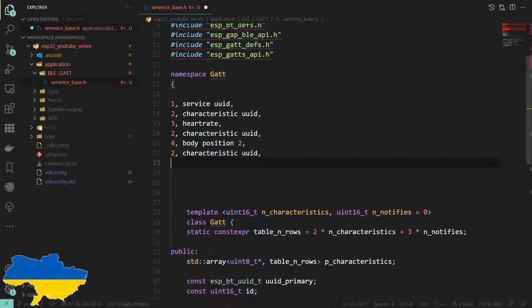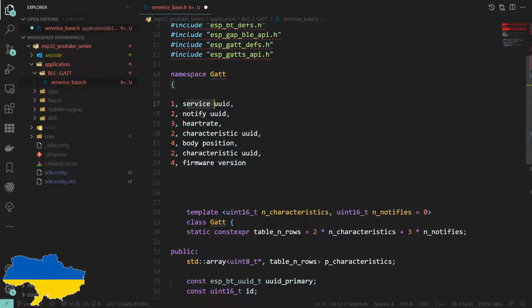So we may have another characteristic, which is, let's just hypothetically say, just another characteristic, not a notify. So actually, I should probably change that. Technically, there's no difference, but we'll see how it's defined slightly differently. And this could be our firmware version, for example. So you can sort of see how this table is built up. It's a load of pre-known identifiers and then a bunch of information following it.